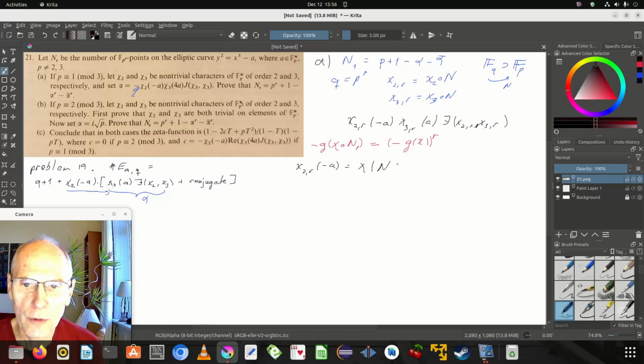Oops, the norm of minus a to the r-th, which we can put out here. All right, and chi_3^r of a, well, that's the same. All right, so the Js